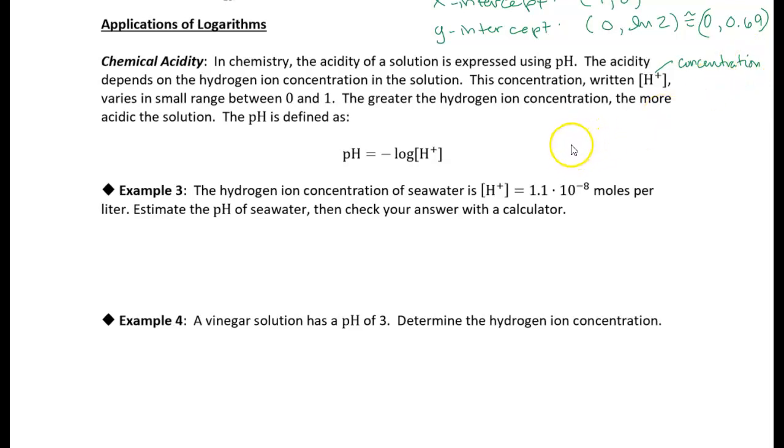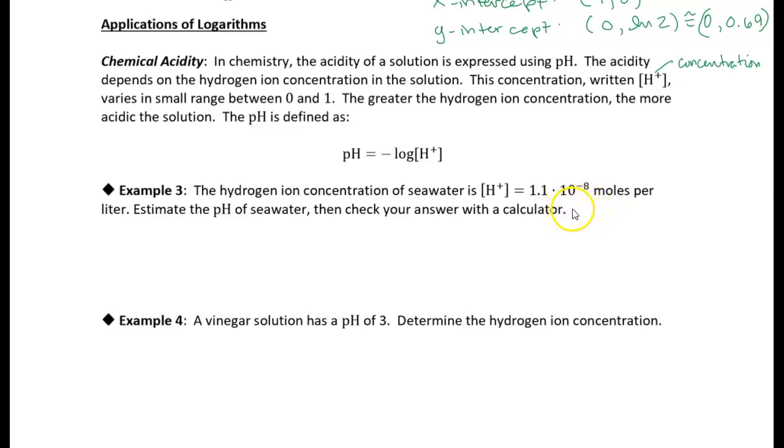And the way that we determine pH is given by this formula. pH is equal to the negative logarithm of the hydrogen ion concentration. So let's just see how that works. In example 3, we're told that the hydrogen ion concentration in seawater is 1.1 times 10 to the minus 8th moles per liter. And we want to estimate the pH of the seawater